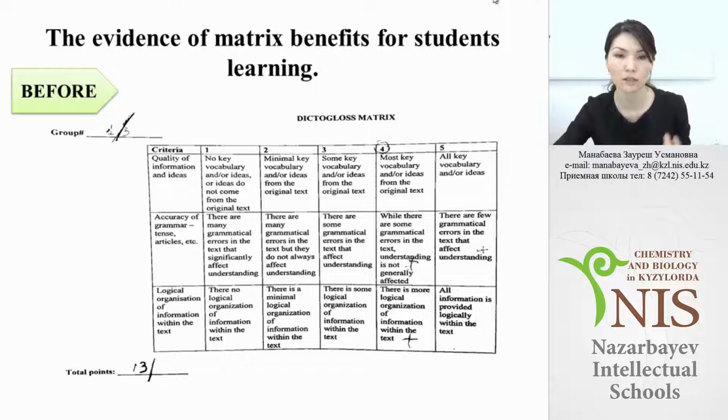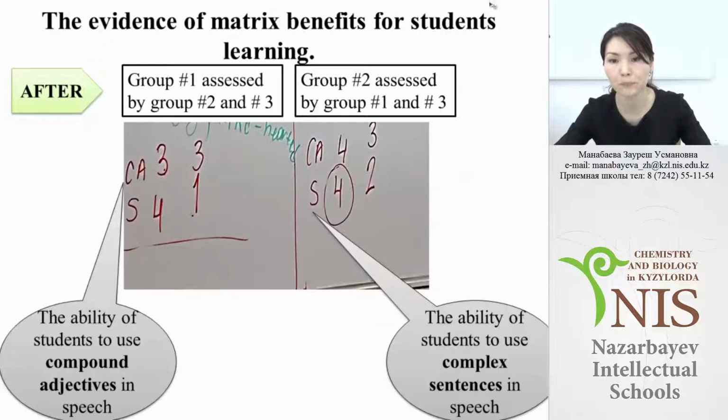Then after several times of using the matrix in my classes, here I saw the evidence. The evidence of the matrix that benefits the students' learning: you can see that, for example, CA stands for compound adjective, and S stands for the ability of the students to use complex sentences and the quality